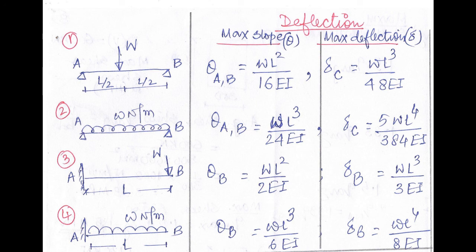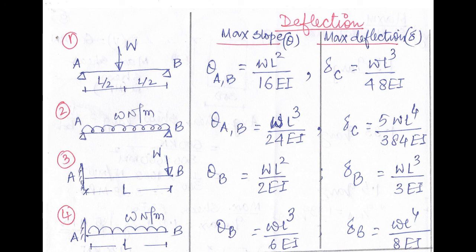Case number 3. A cantilever beam with a point load at its free end. Cantilever beam of length L, point load is W, acting at the free end capital B. The value of the maximum slope is at B, and the value is WL square by 2 EI. The value of maximum deflection is WL cube by 3 EI, and it will also be at the free end